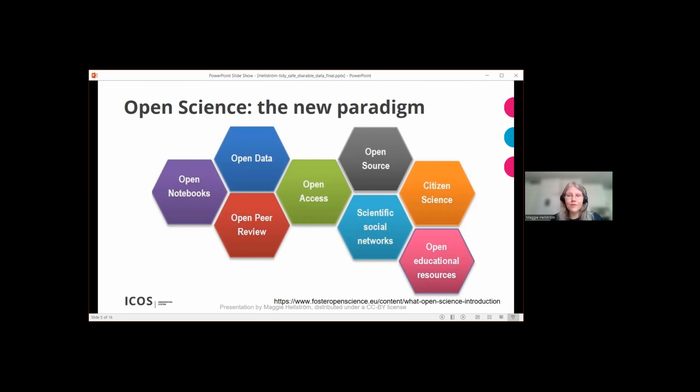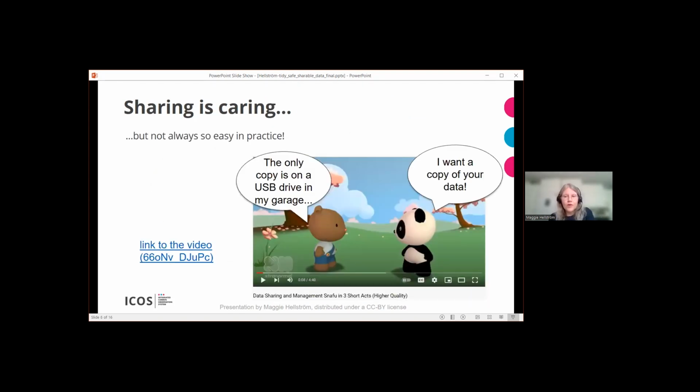So that's also something that we really have to accept, that it's there to stay. So we cannot suddenly turn open science back into sort of semi-closed science as it used to be. And of course, sharing is caring, as some people say, but it's not always so easy to do, even if you are very positive towards sharing, because there's a lot of things you have to think about, and maybe also a lot of things that you have to change, maybe minor tweaks to the way that you are doing science today,